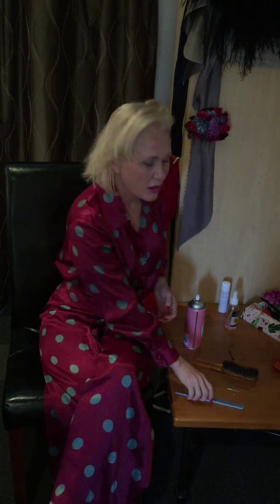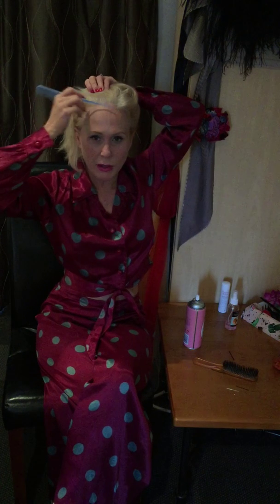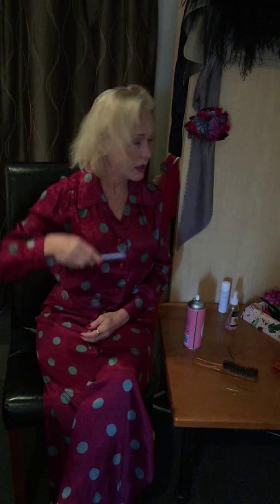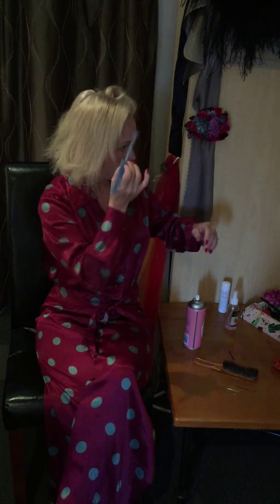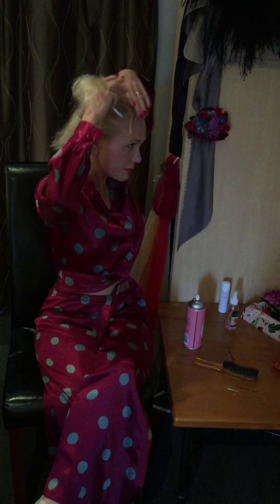The thing about vintage hairstyling is you want to actually work with the shape of your face. So I don't like this moon head so much, so I like to bring a bit of a fringe down. So my second roll is going to be a forward roll. So I pick up this forward section